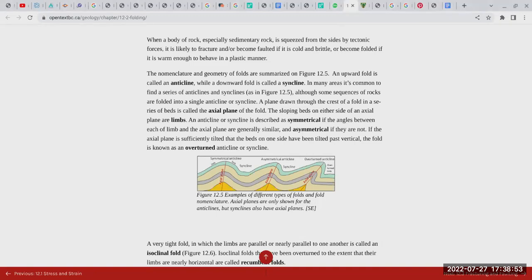So we just have to be very careful with how we relate to some stuff. But just remember, once you're talking about a fold, it is going to take place in that sort of plasticky environment. And then when we're talking about a fault, the fracture is something brittle. So this is a point I'm